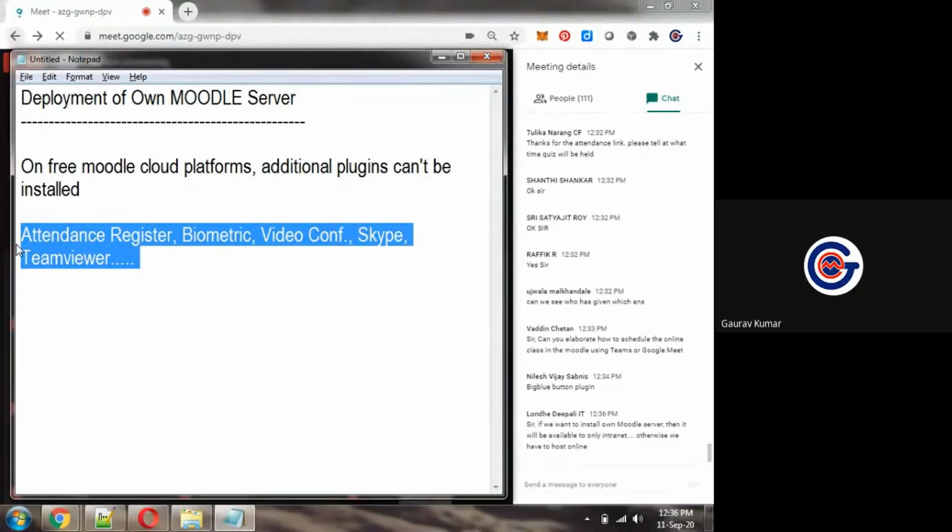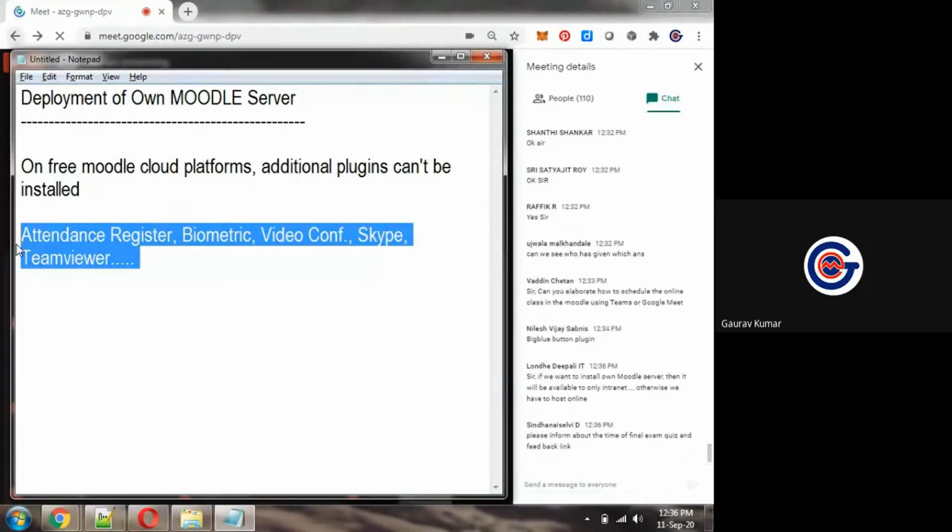Because in case of free Moodle installation, yes, if we are deploying our own Moodle server, in that case it will be intranet based, or we will have to host it. We can host it online.